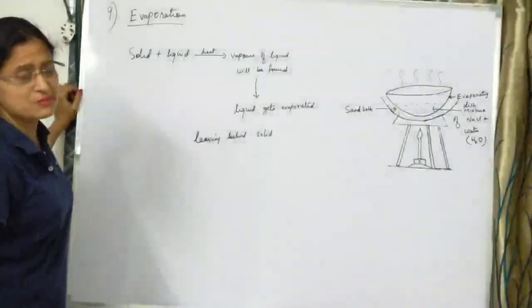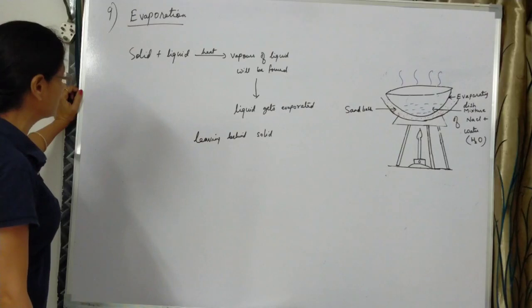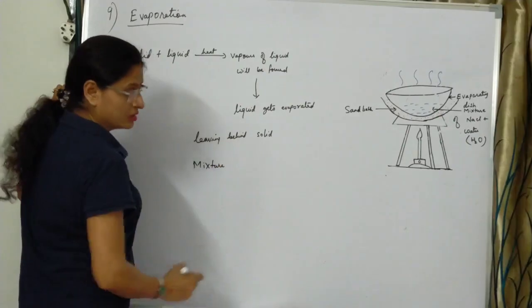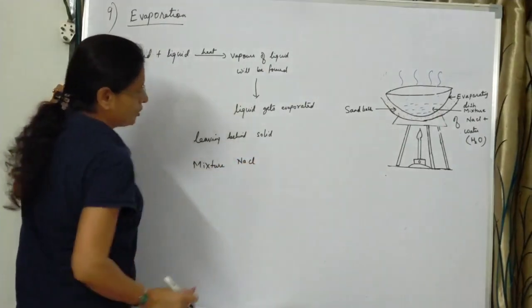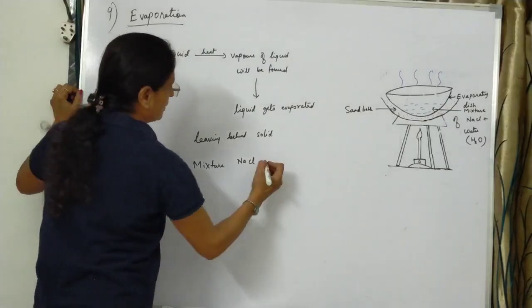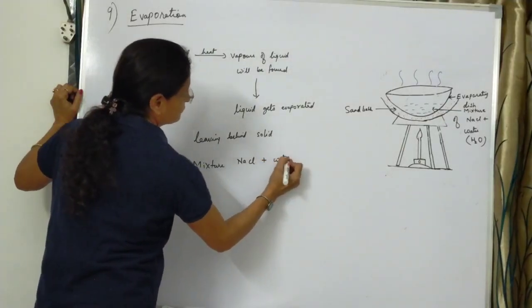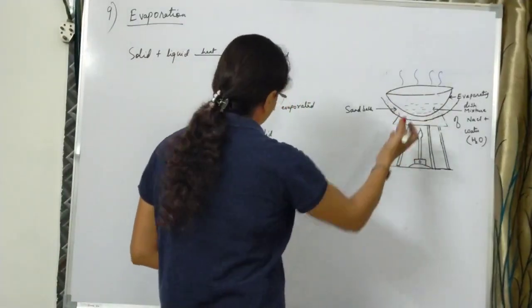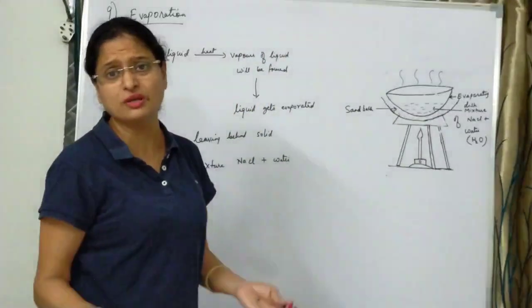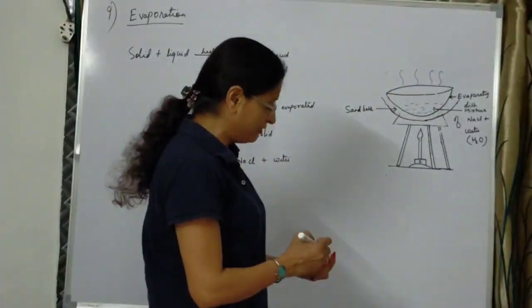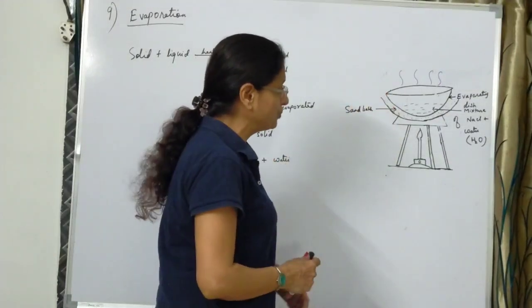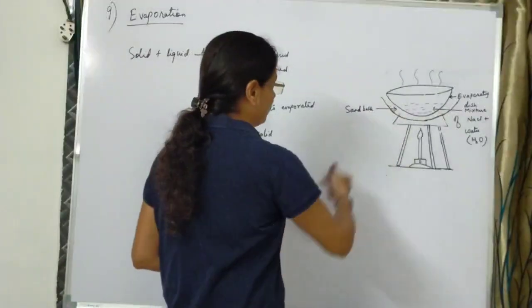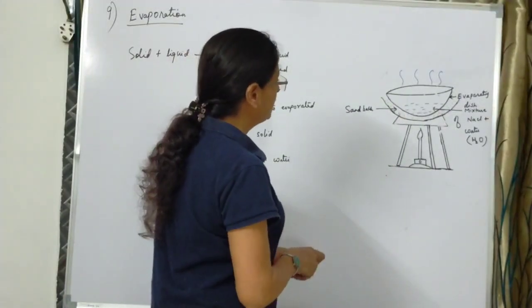Can you think of a very familiar example of this? Suppose you have a mixture of common salt, that is sodium chloride, the salt that we use in our food, plus water. I have shown the same thing over here. In industries they have big containers, and here in the laboratory we are using small apparatus. Over here we are using an evaporating dish. We do not bother how people do it in industries; let us know what we do in the chemistry lab.